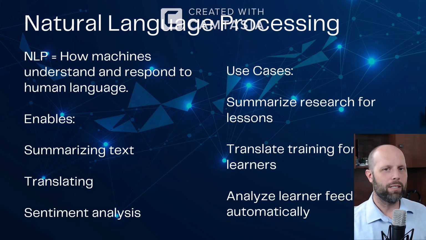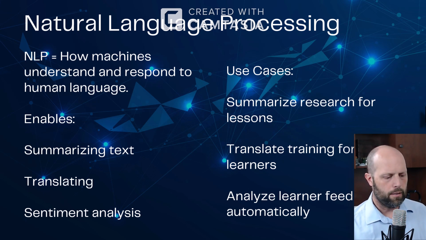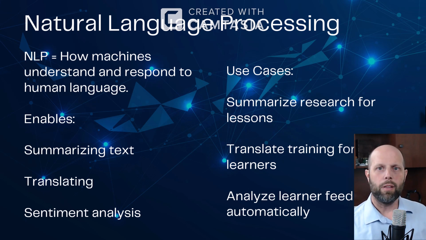Sentiment is such an interesting thing, right? Because it can process human language and say that, if I am speaking certain words, it means I'm sad. Or if I say the same kind of things, only I put them in a different order, or I maybe put a pause between them, or things like that, then it means I'm happy, or I'm a little bit unsure, or being sarcastic or something, right? It can understand a little bit better what that sentiment is, and use that and help us as we're using AI.